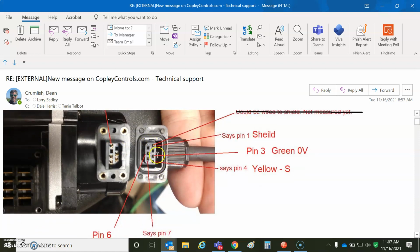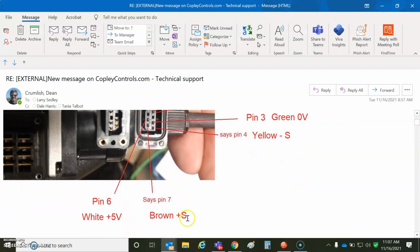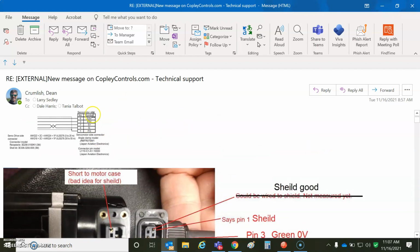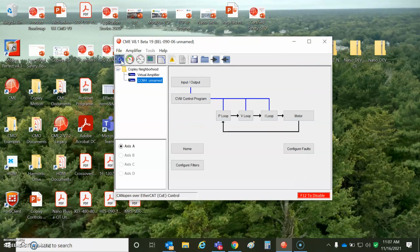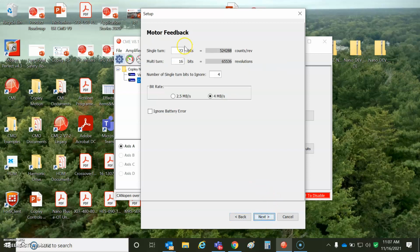I flipped it over. I saw pin 1, that's the shield. Pin 3 was 0 volts, pin 4 was S0, pin 7 was S plus, and pin 6 was plus 5 volts. So that's the information for decoding from the little bit that we got there that was accurate. So we're going to go through the basic setup. Brushless rotary, that's a A format, Japanese style encoder, 23-bit single turn. Notice I knocked off 4 bits, so I'm down to